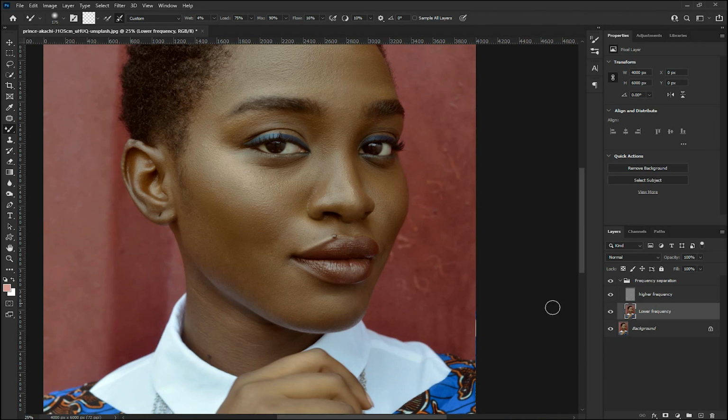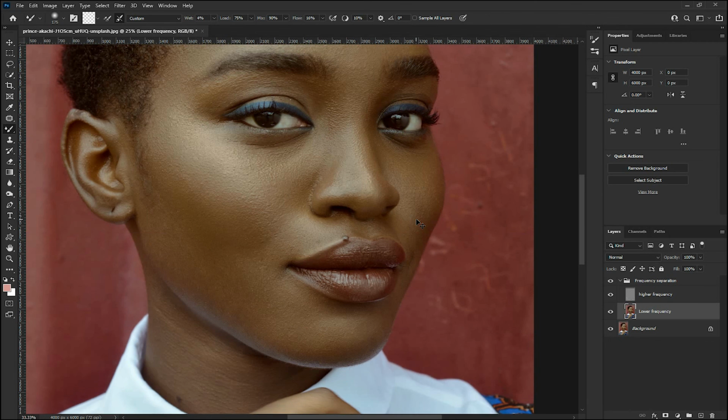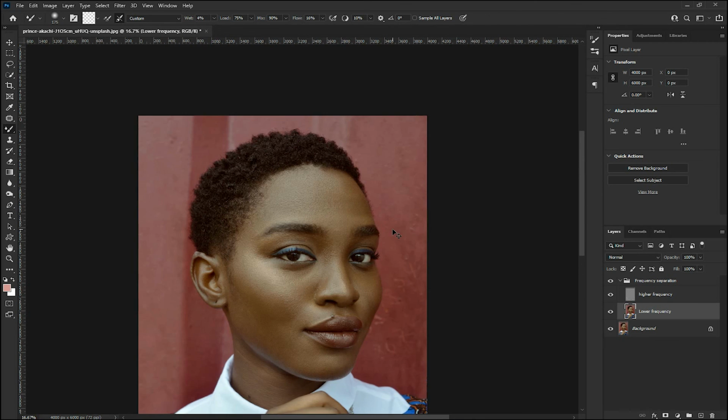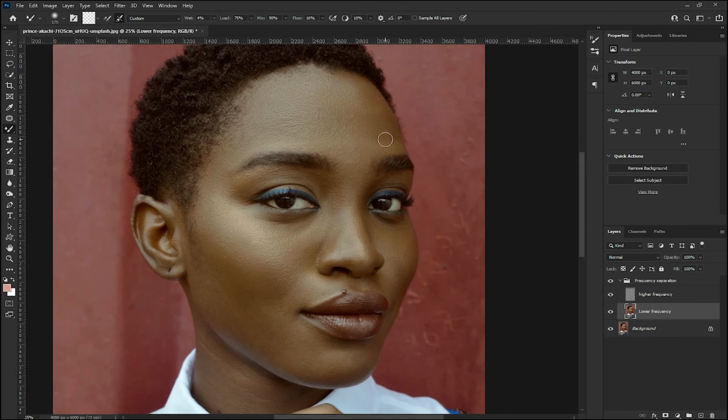If you want, you can record the frequency separation using an action. I have done a tutorial on that, so you can click